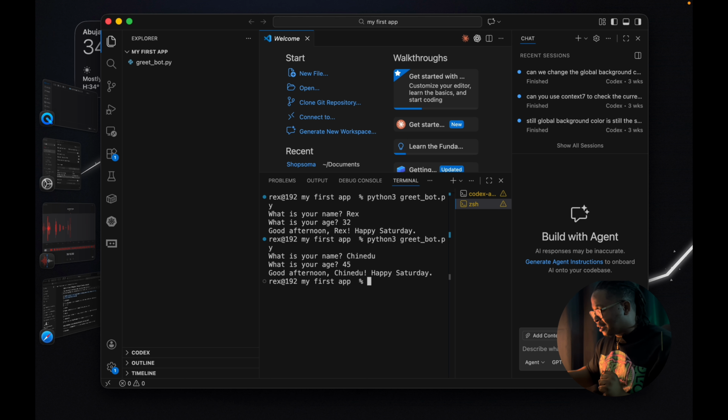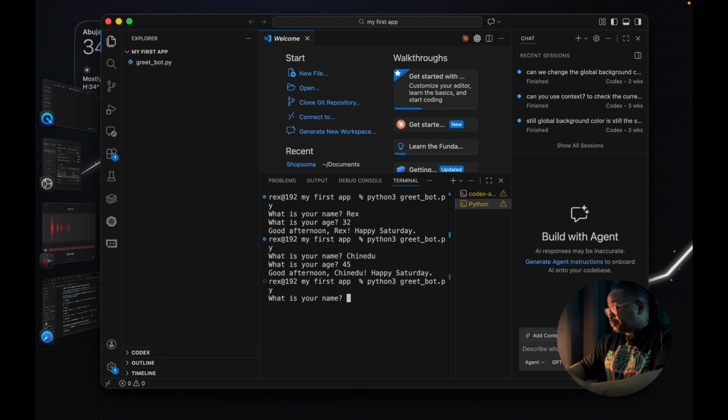So now let's look at this right now. Let us run this code again. Ask me what is my name. Fine. I put in my name here. I'm just putting my name, Rex. I hit enter. Ask me what's my age. Now I'm going to throw it a curveball right now. Instead of putting my age there, I'm just going to put a name there. I'll still put in Rex again.